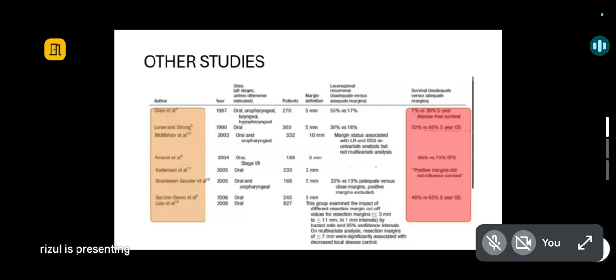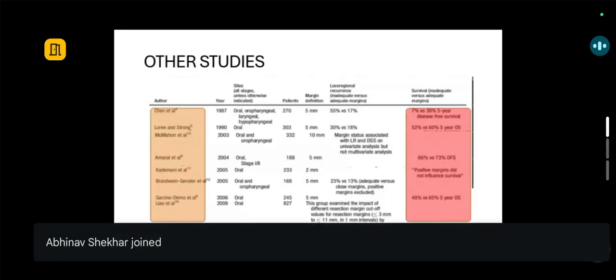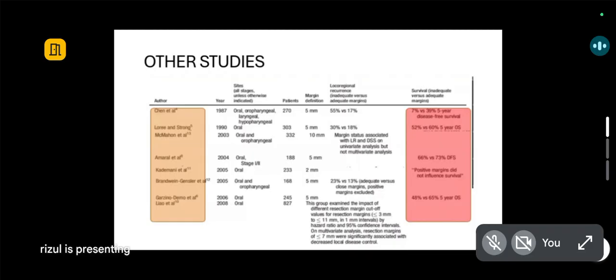There are some other studies likewise that show the definition of the margin status and how far the loco-regional recurrence can occur and what would be the survival ratio. Like the Chen et al. study in 1987 that had a total of 270 patients, representing the margins of 5 mm and showing the loco-regional recurrence, whether inadequate or adequate, with survival benefit, that is, the 5-year disease-free survival rate that they have shown. Similarly, there is a Lorey and Strong et al. study in 1990, then the McMahon et al. study, then various other studies likewise that have shown that margin status is associated with loco-regional recurrence and disease-free survival rate,